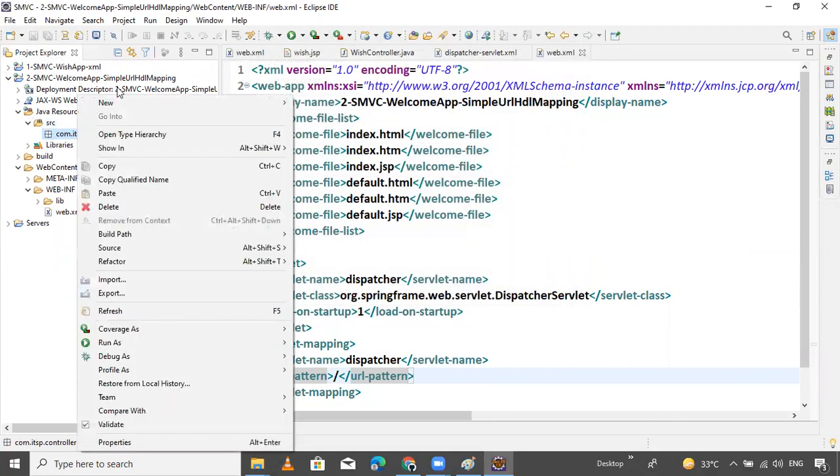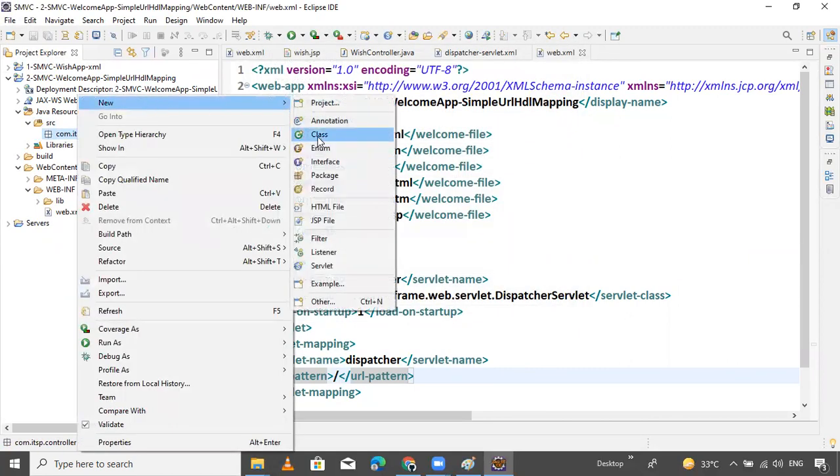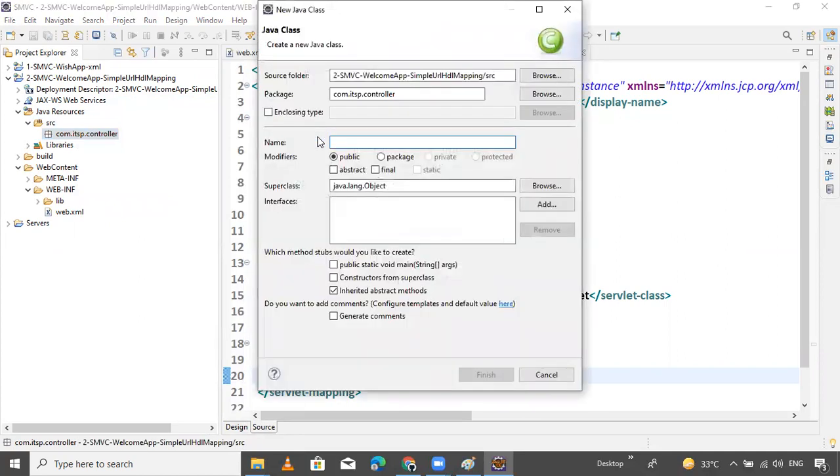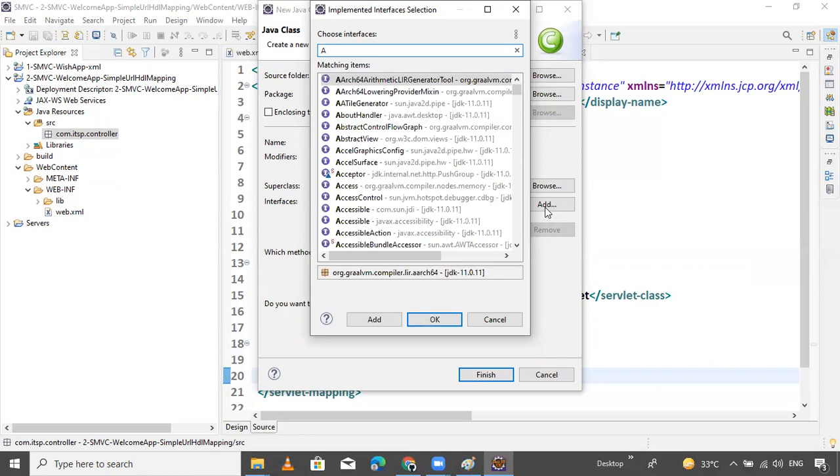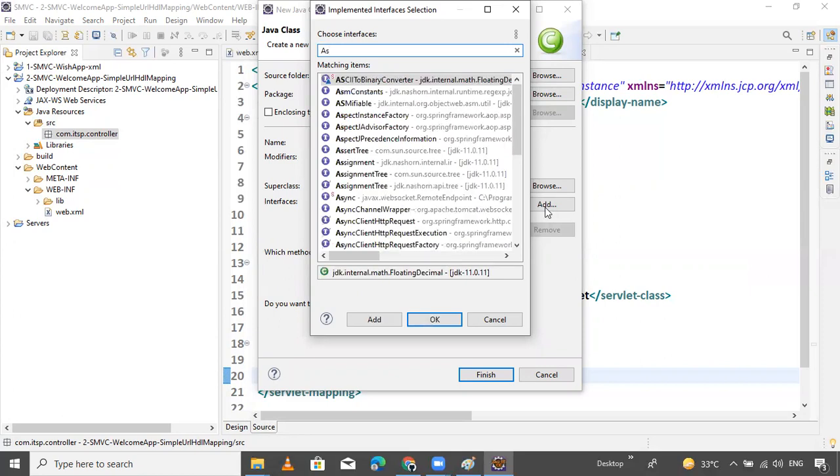Inside it, create one class, like welcome controller. Hello controller. Here nothing else is required. The requirement is that a controller class is there. Otherwise, implement Controller or use AbstractController, the super class. So I will use abstract.